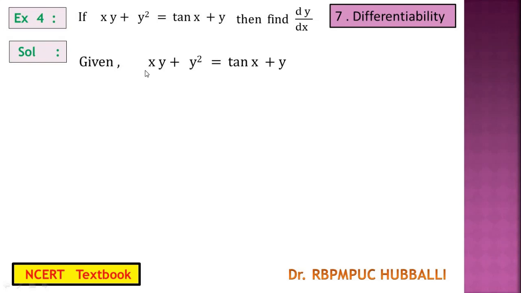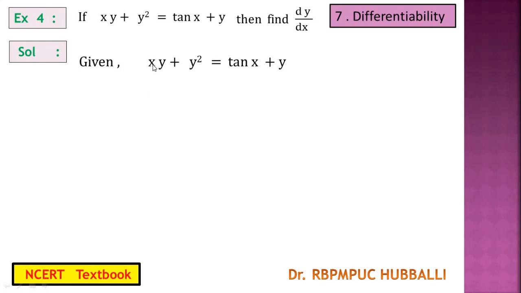So I told you in the beginning only, if in the equation we have a product of x variable or y variable functions, you have to use the product rule only. Here you can see that we have x into y. X into y means it is a product. So to write the derivative of this product, we have to follow the derivative rule, that is the product rule. Don't differentiate individually, like x derivative is 1, y derivative is dy by dx. If you write like that, it is meaningless, it is wrong. So use the rule and then write.